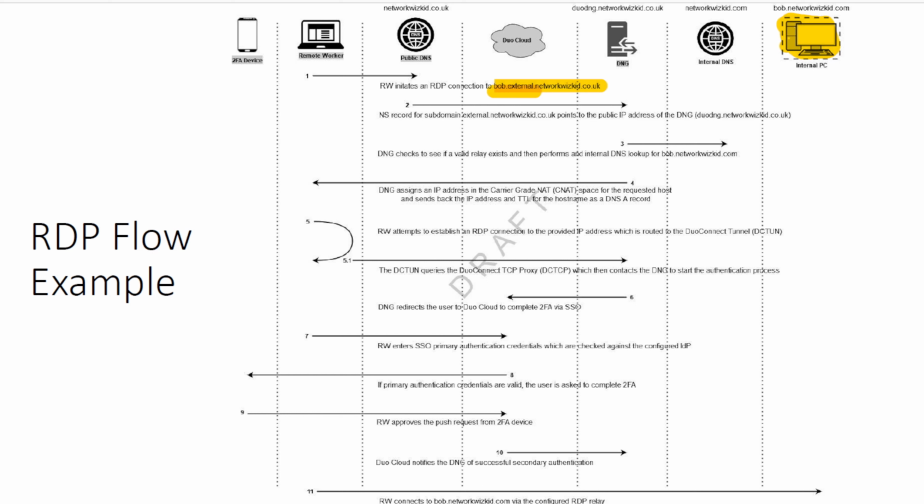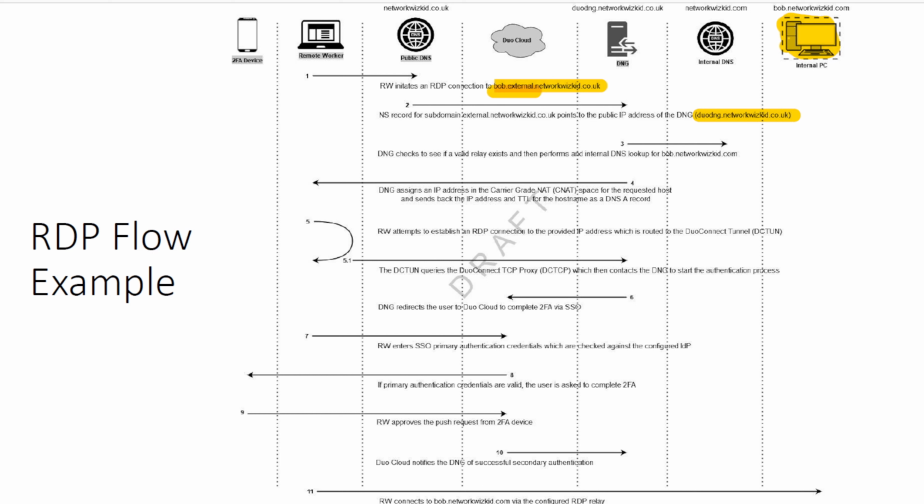And then what happens there is in step 2, the NS record for the subdomain external.networkwizkid.co.uk points to the public IP address, because remember, the NS record just points back. It says go and look at the A record, which in the case of the DNG, is going to be the DNG's public facing address. So this then points to the public IP address of the DNG, which in this case is going to be